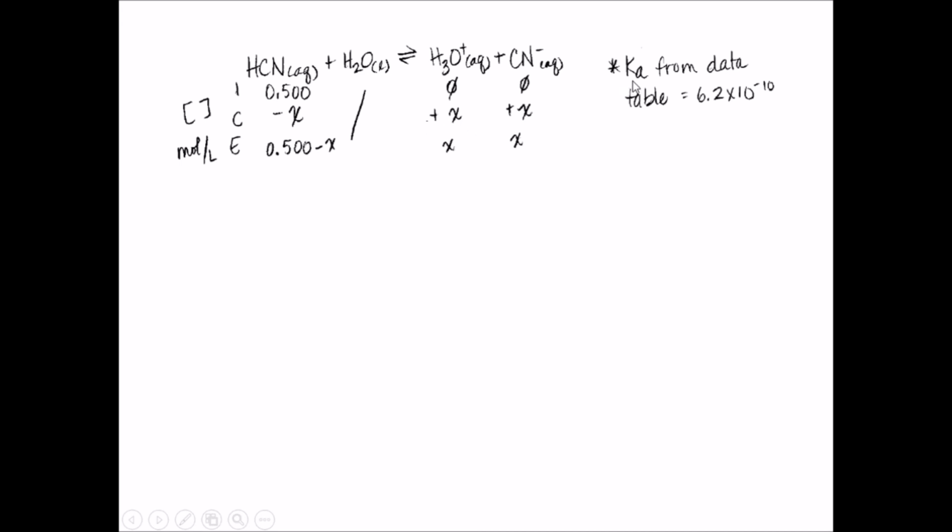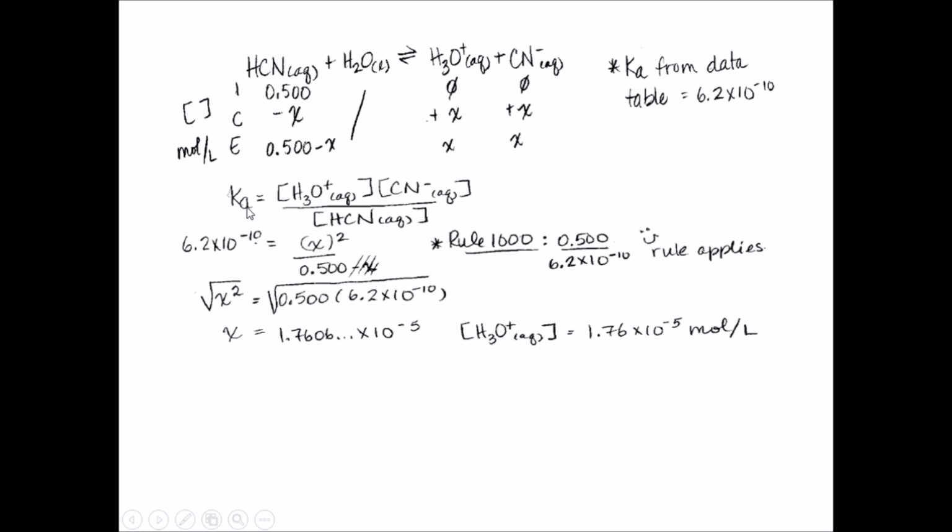We can find the Ka of hydrocyanic acid in the Chemistry 30 data booklet. It is equal to 6.2 times 10 to the negative 10th. When we write out our Ka expression, it is the concentration of the products divided by the concentration of the reactants. So Ka, 6.2 times 10 to the negative 10th, is equal to X times X, or X squared, divided by